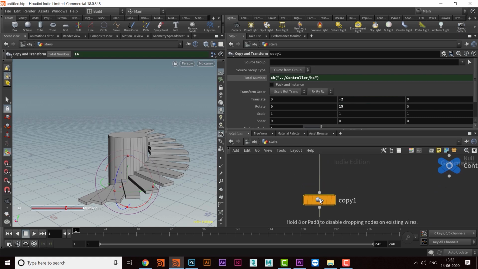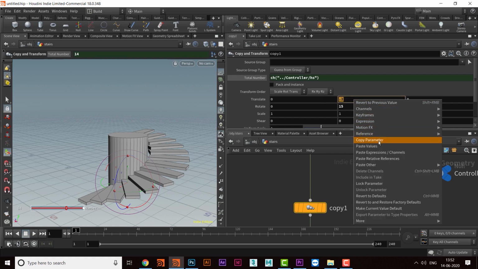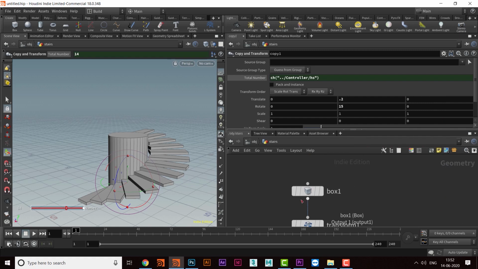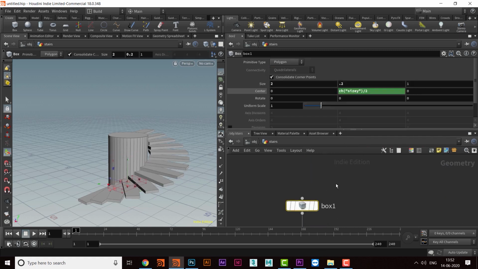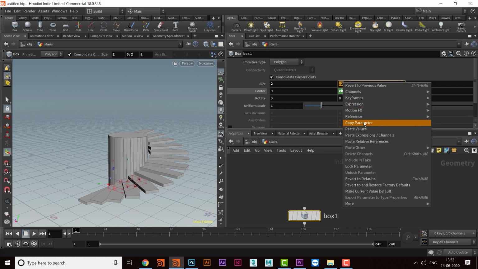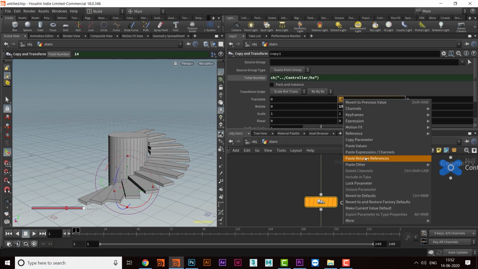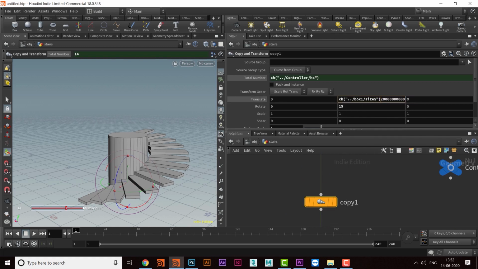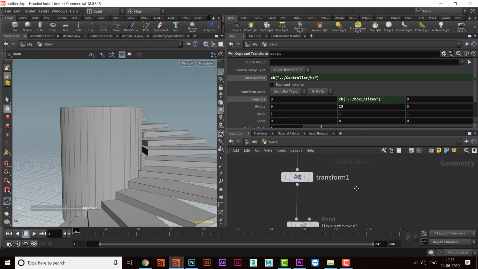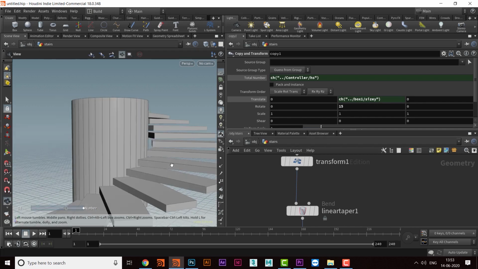So I will do one more thing. I will go to this box and take this, copy parameter, and then paste it here with paste relative reference. Okay, so now this value will be the same, and this will be the size of the staircase.